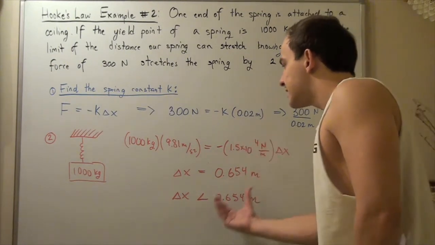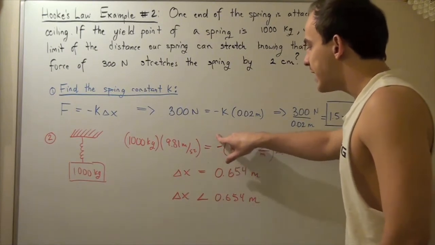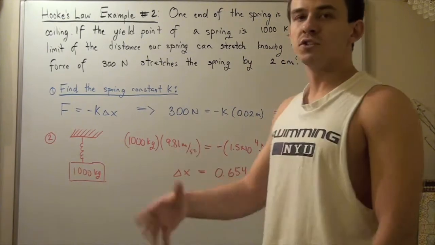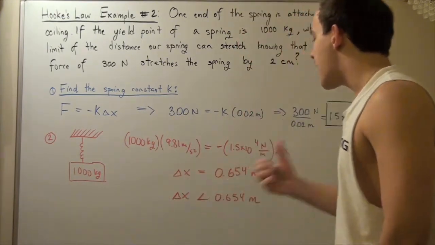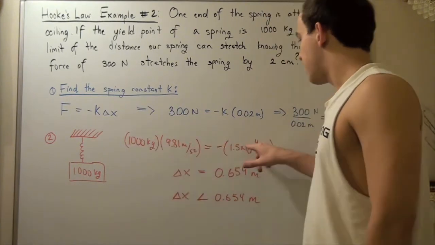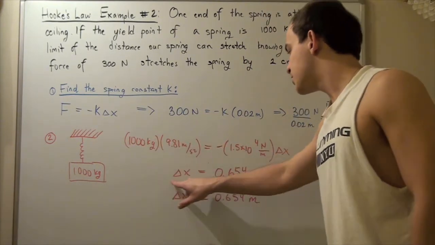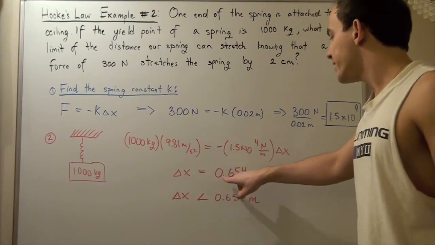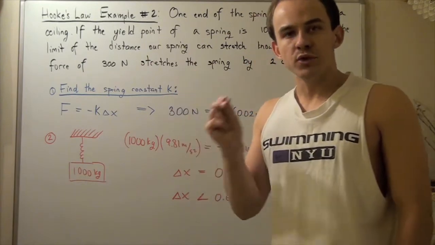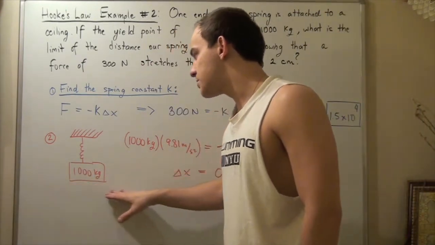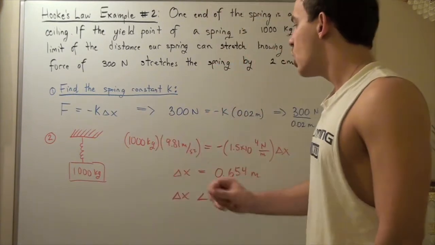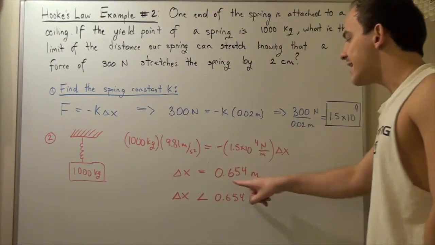So we bring this to this side and we get rid of the negative. In this case, the negative is not necessary because we're not solving for direction. We only care about the magnitude. So we use a calculator, divide this by this, and we get our change in distance is simply 0.654 meters. So our yield point will be reached when 1,000 kilograms is attached to our spring, and at that point our spring will displace a distance of